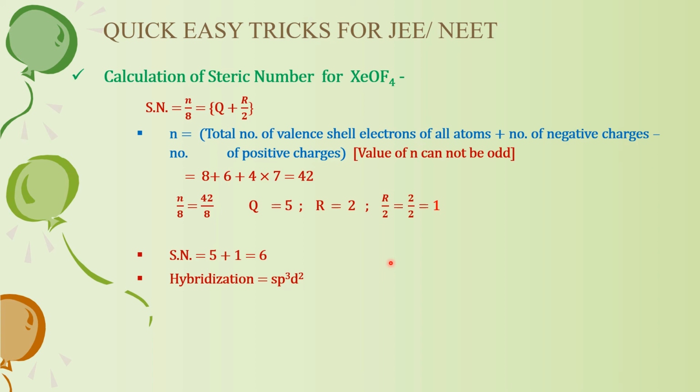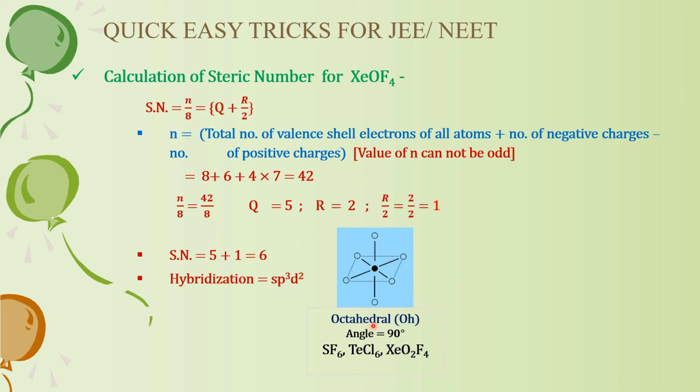Now according to this hybridization, the geometry of the molecule has to be octahedral. There will be 4 atoms lying in one plane, and 2 atoms going one above and one below on the axial axis. So this is square planar, with one pyramid above and one pyramid below, so it is square bipyramidal, which looks like an octahedral, so we call it an octahedral geometry, which you will see even for XeO2F4.